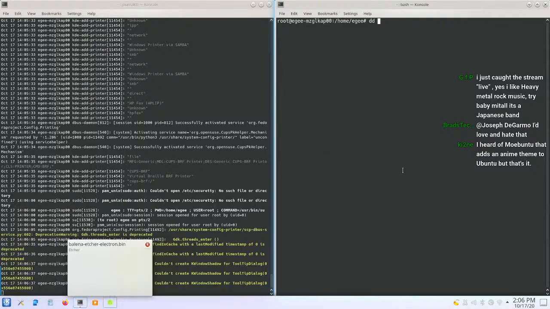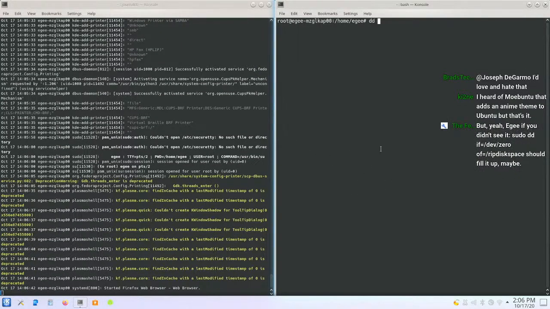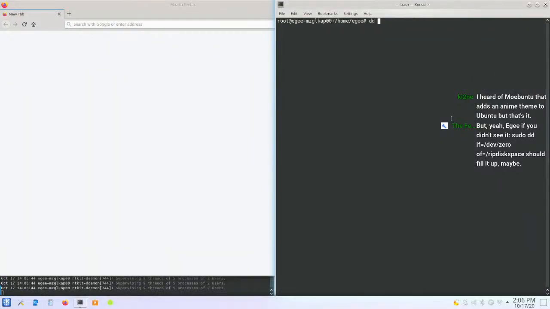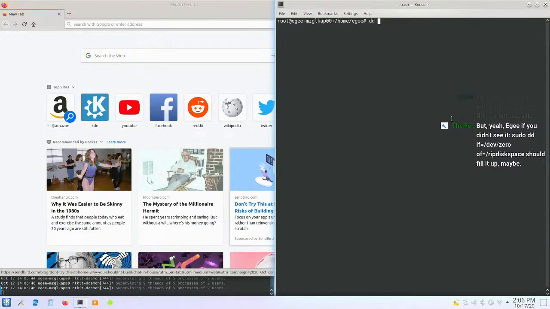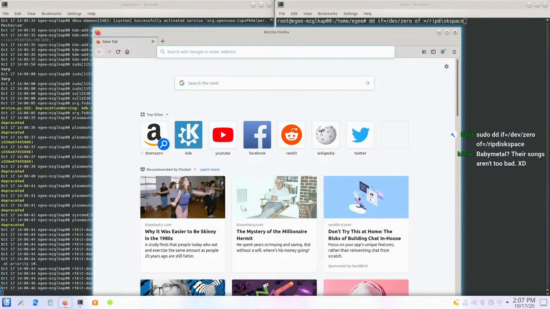So, guys, tell me about a zip bomb. What is a zip bomb? E.g., if you don't see it, do dd if dev 0 of rip disk space. Just like that, huh? All right, let's make sure that we've got all of our stuff open. We'll get a browser,